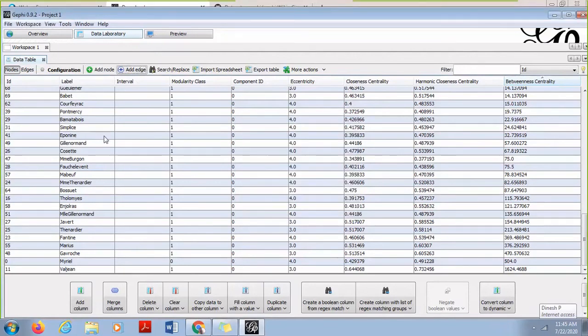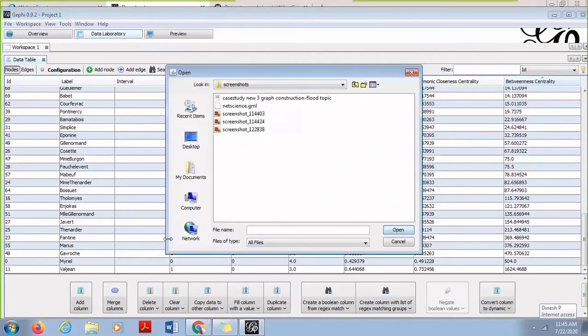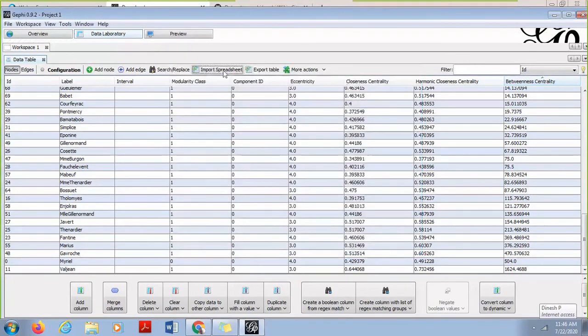Then it also allows you to import spreadsheets. So if I want to import this entire spreadsheet, it will ask for a file name. Let's say I say try one, and then it will give me open. So it will open that spreadsheet also.